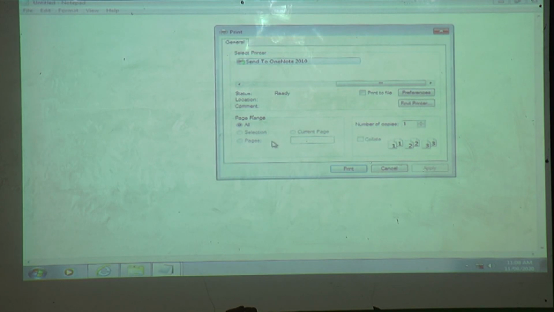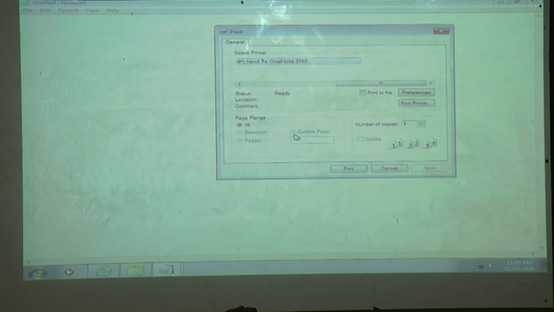And which pages do we want to print? Means all pages. If there is more than one page, 2 pages, 3 pages, and we want to print all these pages, then we can select All there. See here, where is my cursor, where is my arrow? See here only. Page range. How many? All. If there is more than one page and we want all these pages, at that time we can click here on All.